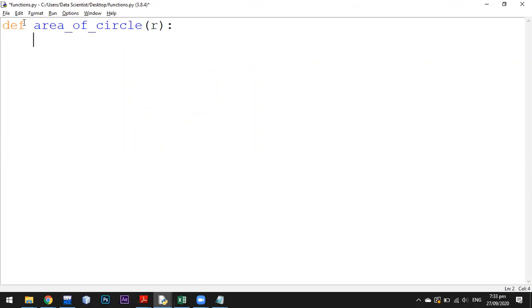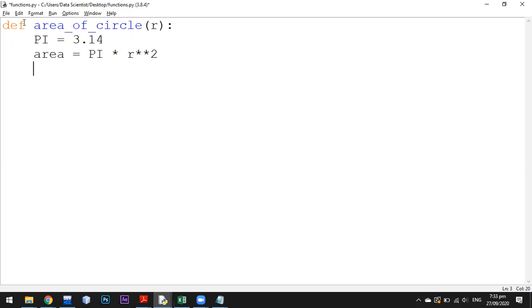And what it will do, I'm gonna make another constant variable, pi is equal to 3.14. Okay, and now I'm gonna calculate the area. Area is equal to pi multiplied by r square.